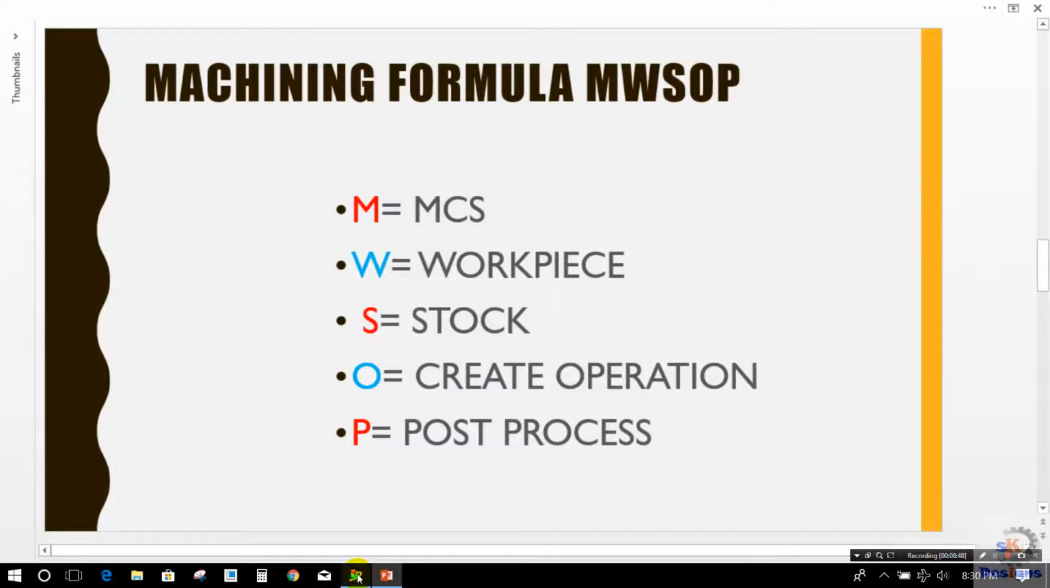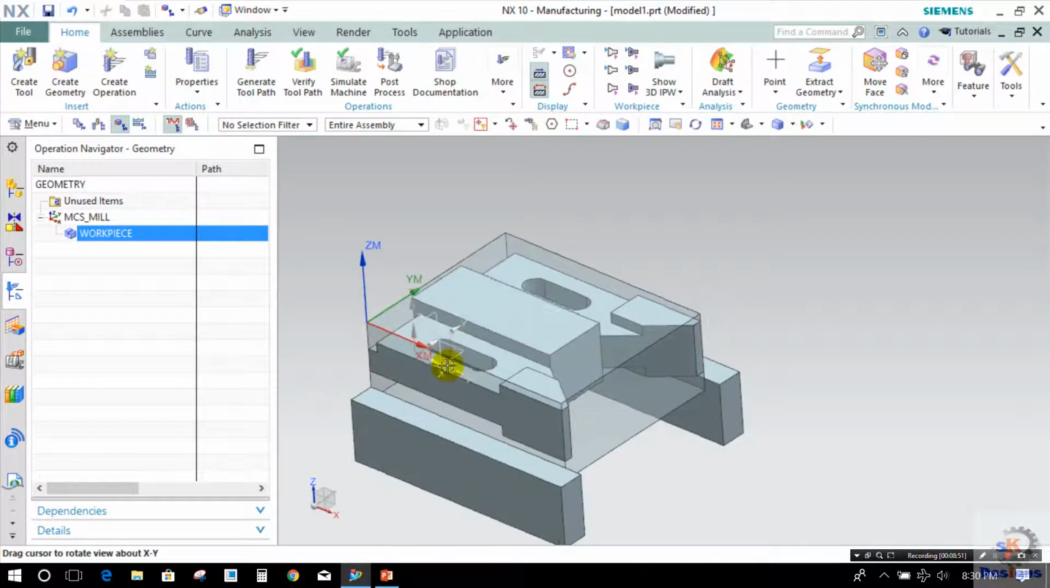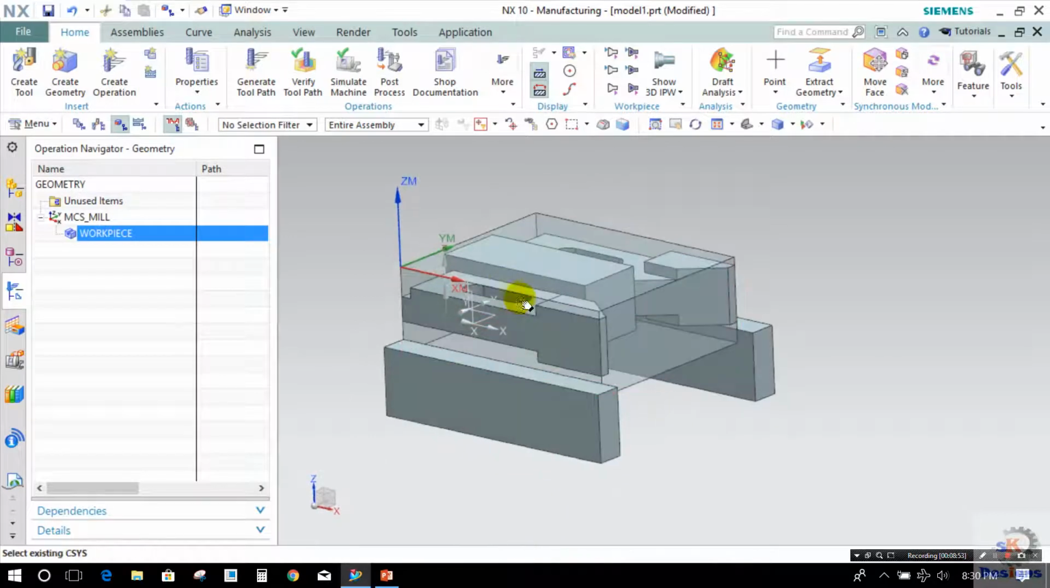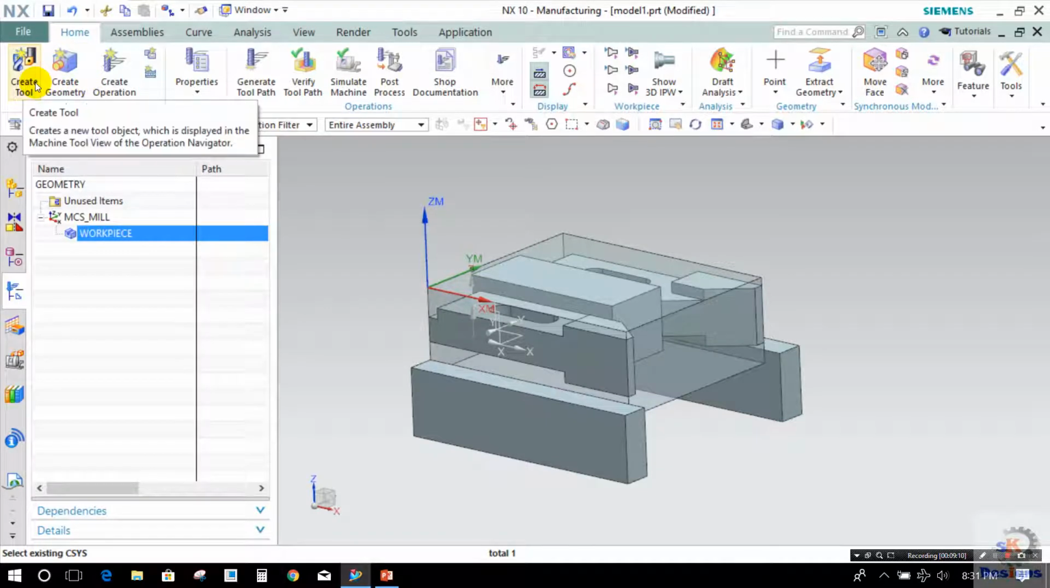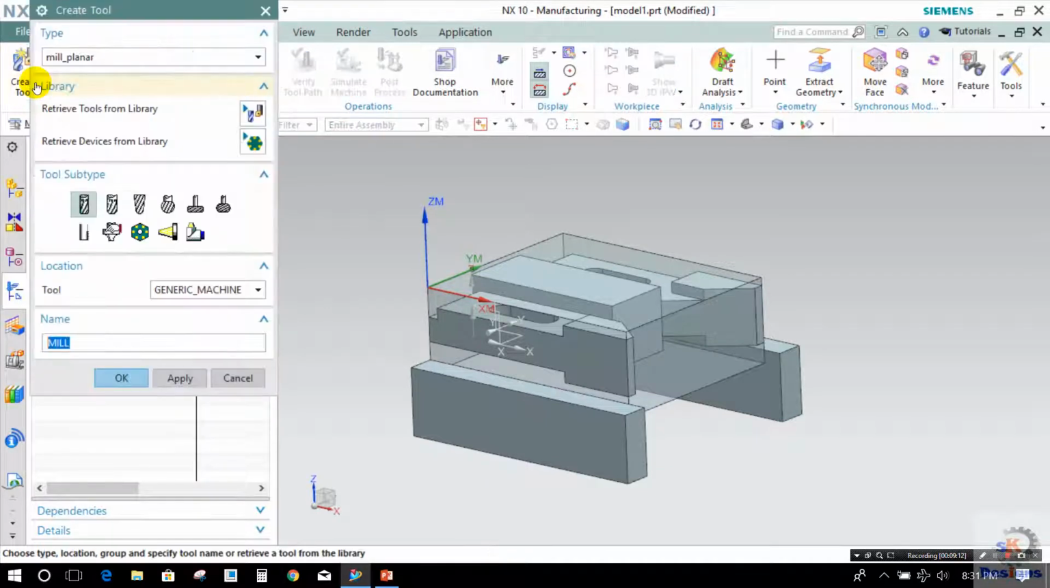But before that, I'll show you how you can create the tools in NXCAM. In NXCAM, there are certain tools available in the software, so you can recall those tools and use them for operations, or else you can create your own tool with your own configuration. I'll show you both. To create the tool, just click on this create tool option. If you want to call the tool from the software, just select this retrieve tool from library,